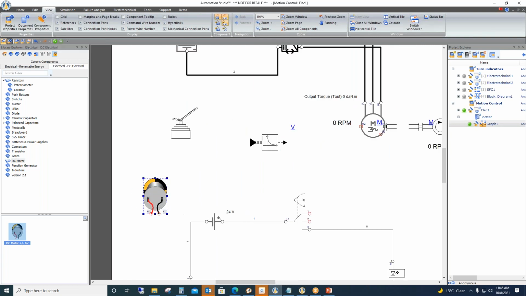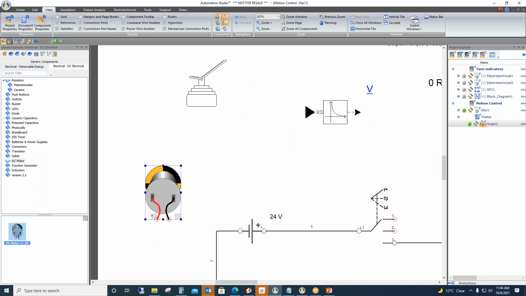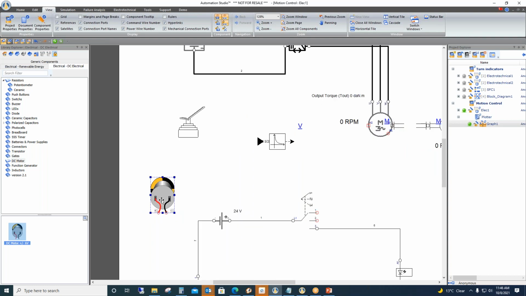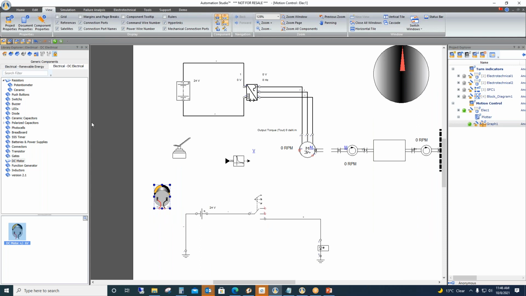The operation is the same as the regular generic library components, but just CAD is given to it so as to have a realistic view. So in this particular DC electrical library, we have different potentiometers, then ceramic, different types of push buttons, switches.